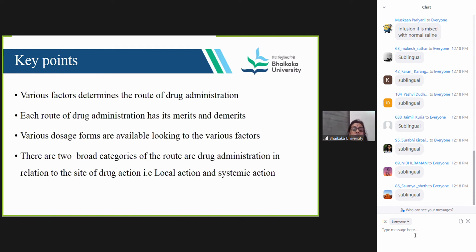Then there are various dosage forms available looking at the various factors. Dosage forms in detail we'll discuss in practical class. And there are two broad categories of route of drug administration. If there is a short note on broad categories, you have to categorize as per the action, that is local and systemic action. So this is all about the route of